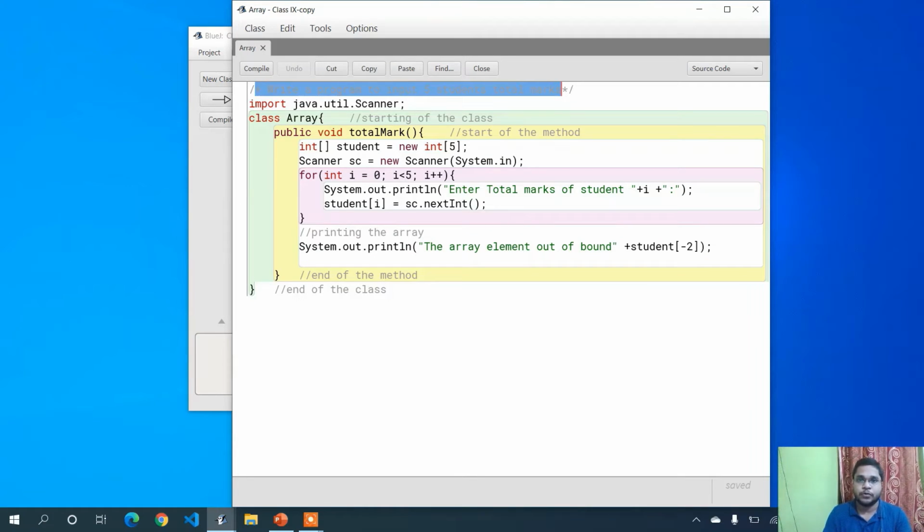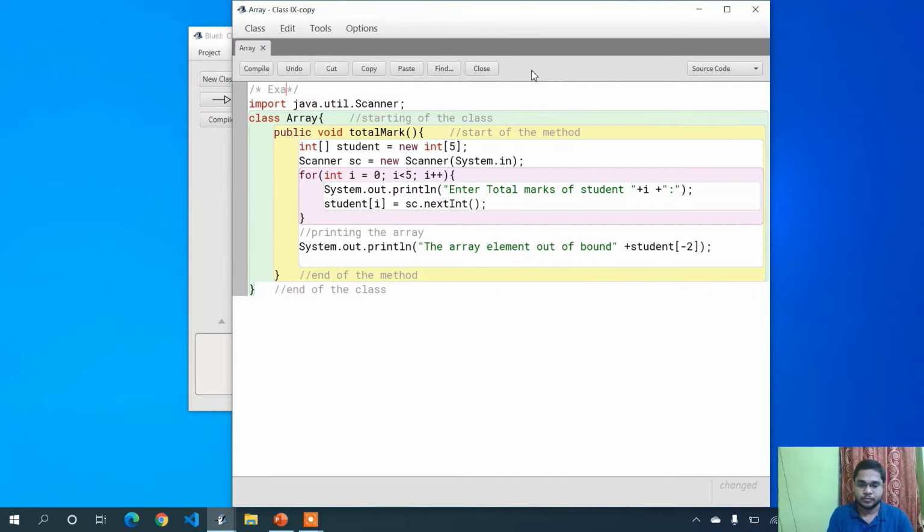Let's do a program using a 2D array. This is an example of a 2D array. Let's see here, total mark.